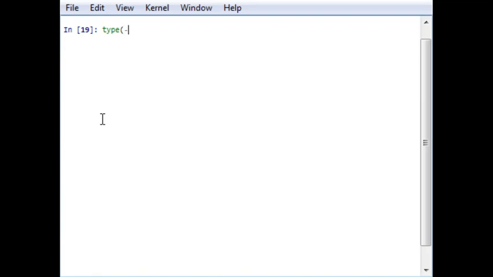So I want to know what is -1. By default it will give me an integer class. Similarly, if I remove the negative sign, the sign is not an issue in integer type, so it will show me this. As seen in this example, the Python interpreter allocates data type dynamically.